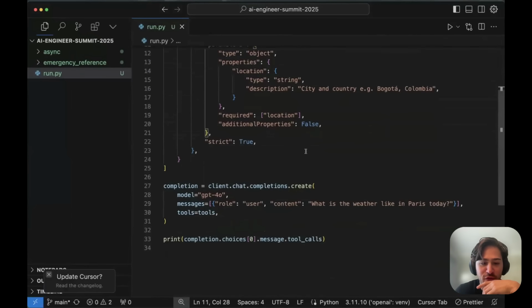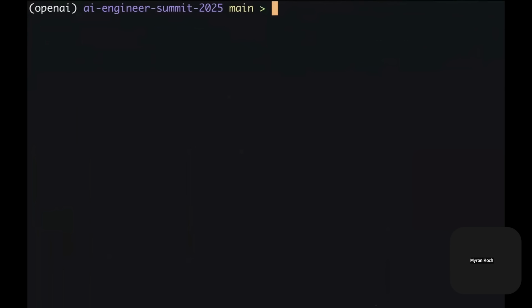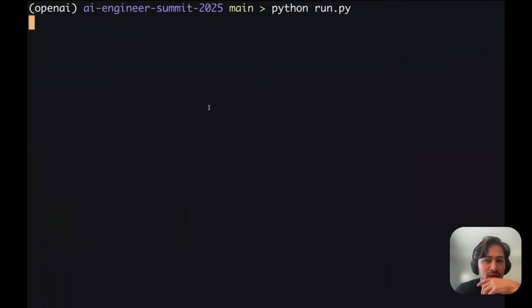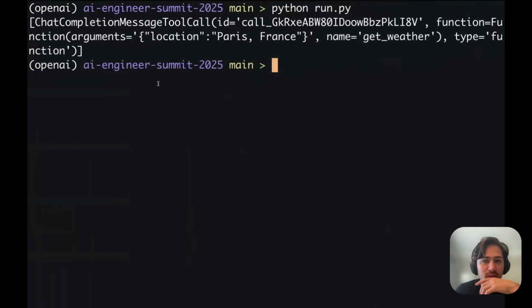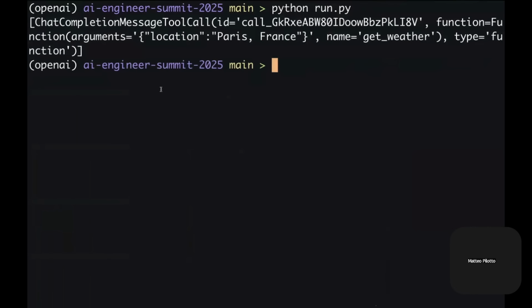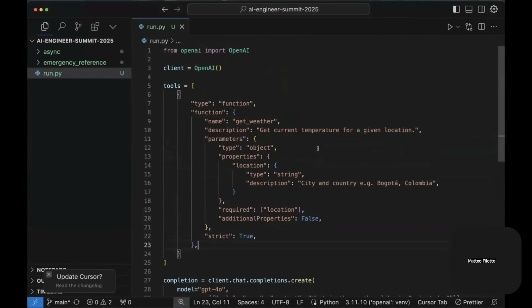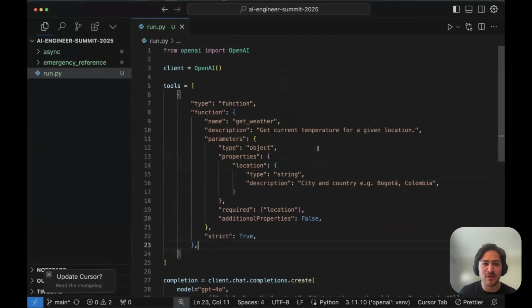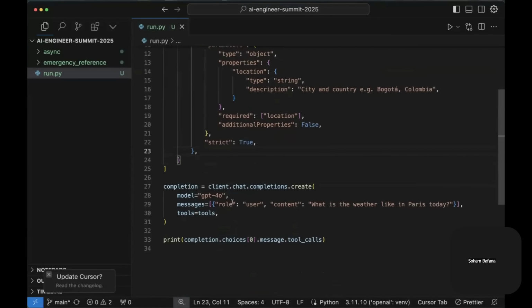Sweet. We have a function. Great. And then you can just run it. And we have the function call, right? Now we're not handling it yet. So this is where I might skip ahead a little bit and start doing some of the agentic stuff. But first off, we gotta have a loop, right?